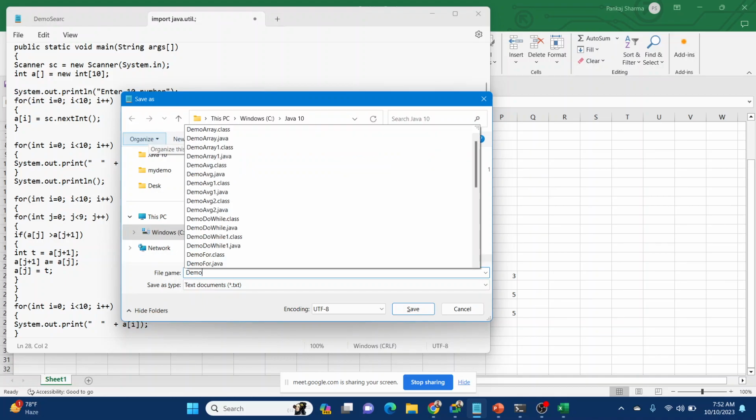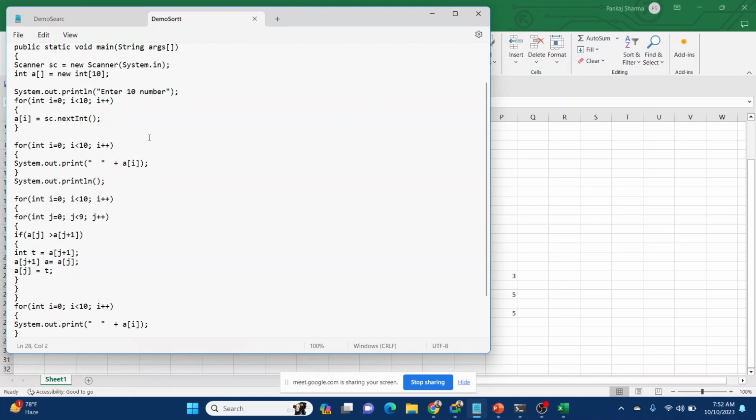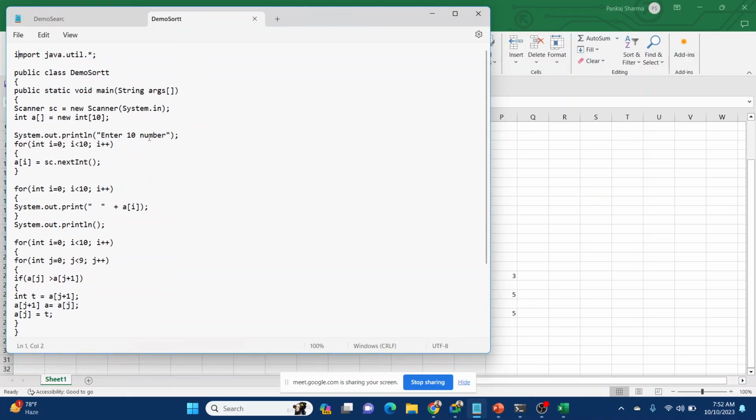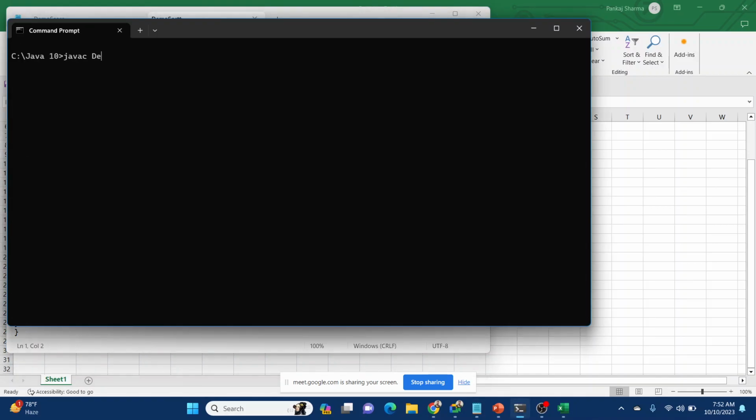Now DemoSort.java. First we will compile DemoSort.java.